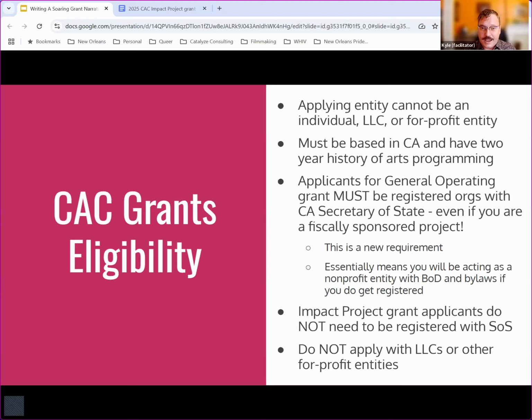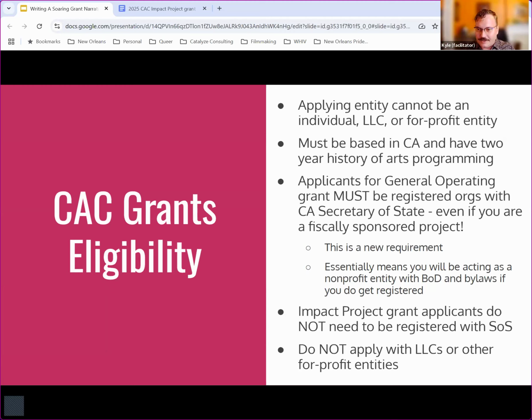Another eligibility point: you have to be based in California, have some kind of physical address in California, and you have to have 2 years of history of arts programming here in the state, right? So you can't be bringing that from other states. This isn't for if you just started getting going. Now, 2 years of arts programming history gives you a lot of leeway.